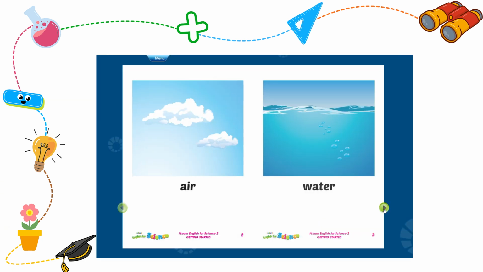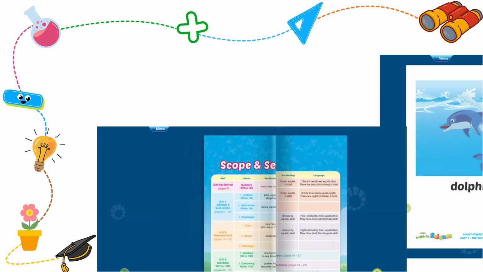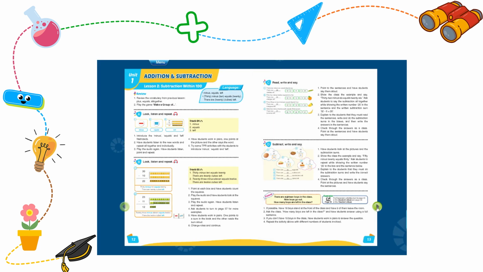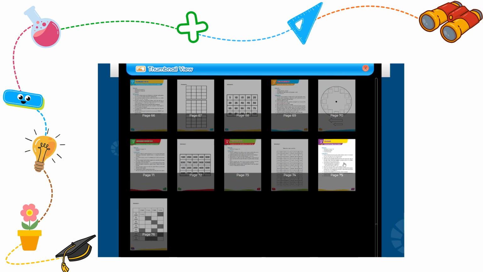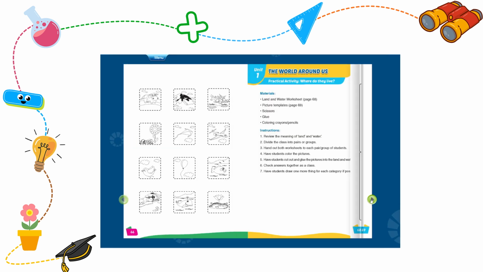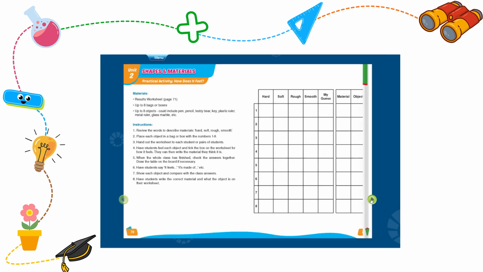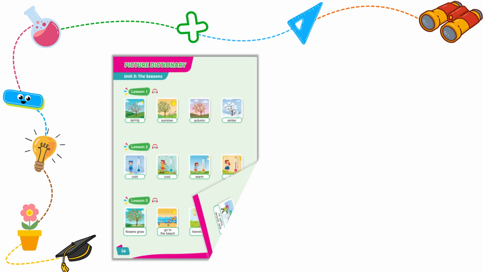Flashcards. Visual aids for vocabulary review and fun, interactive games. Teacher's Book. Step-by-step teaching notes with practical guidance for every lesson. Practical activity worksheets and games found at the back of the teacher's book, offering hands-on tasks and engaging class games for each unit. Picture dictionary in the eStudent's book,